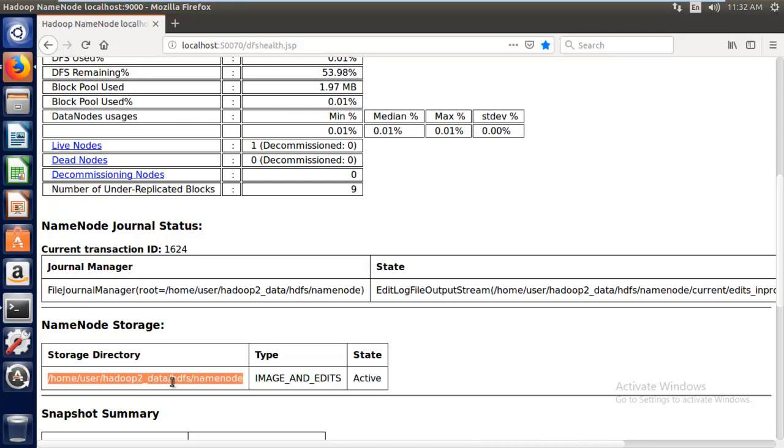Periodically it takes the metadata, updates it and gives the latest metadata to the name node, and it saves a copy of the metadata in the disk location also. So one metadata copy is now running in the main memory of the name node, and this is the physical location where the FS image and edit logs are going to be stored.